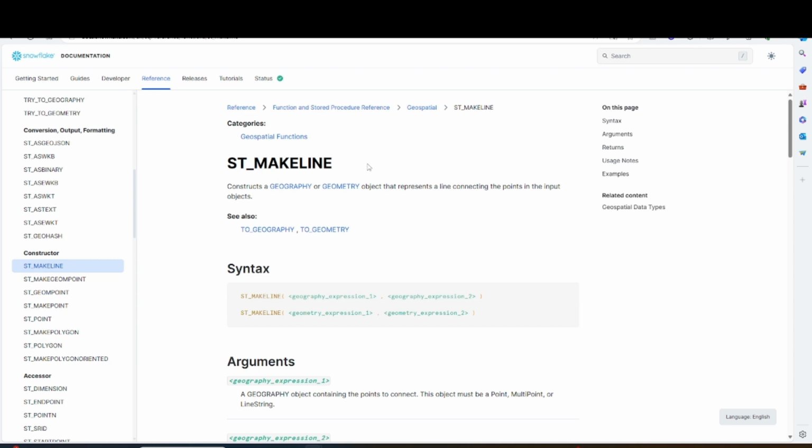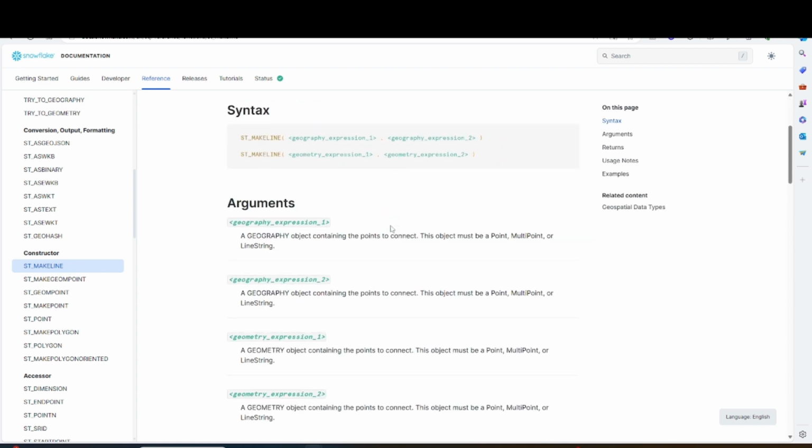Similar to make point, we have make line. So in here it says that it constructs a line connecting the points in the input objects, right? So it presents a line connecting points in the input object. So for example, if you see here,